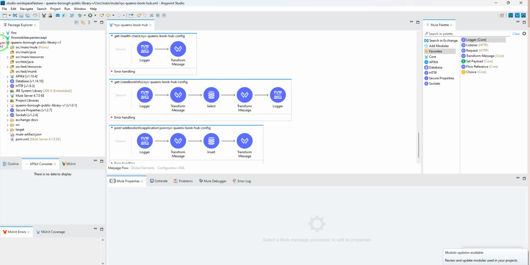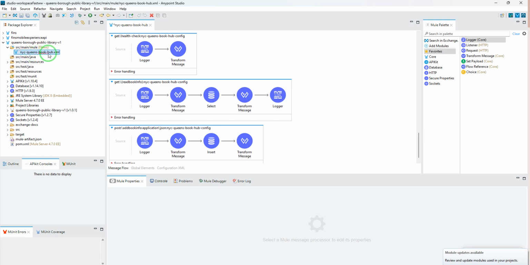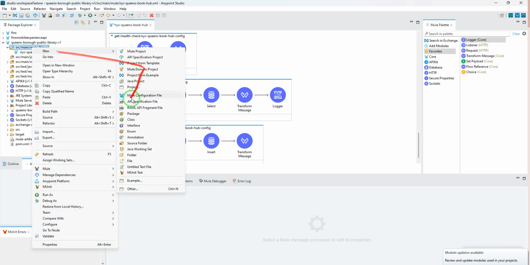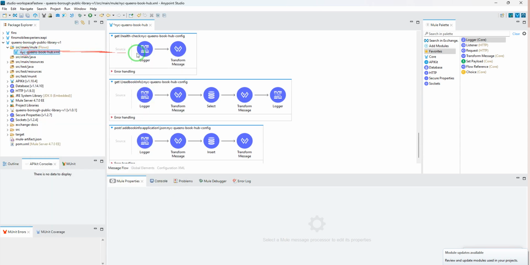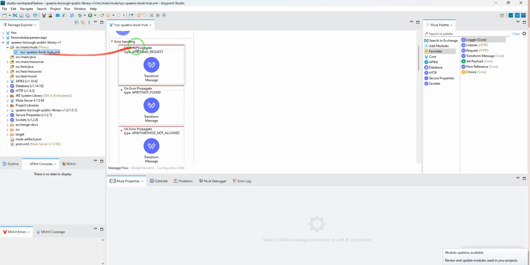Before we move it, I want to organize it into a different folder. I don't want to add it right here. I could do that just by clicking. This one is a configuration file. If you click right here and say new, Mule configuration file, this is also one configuration file. You see how much data is right here? Too many, seven. And this Mule configuration file